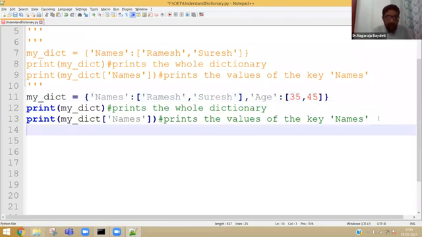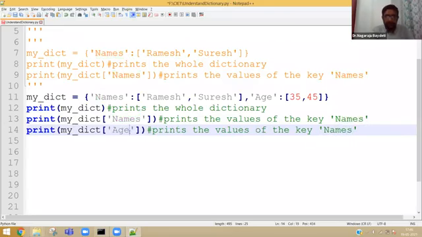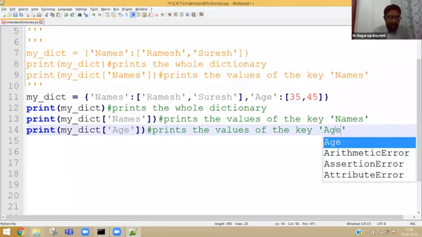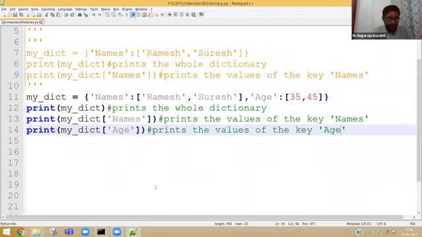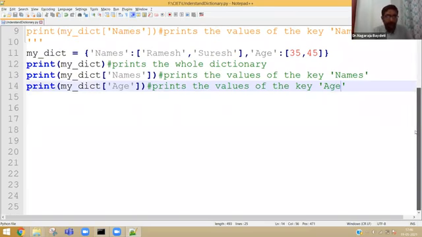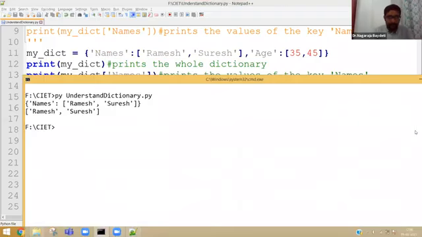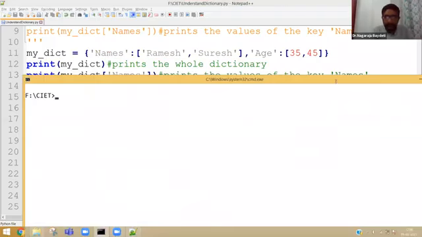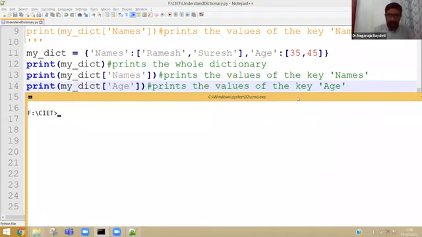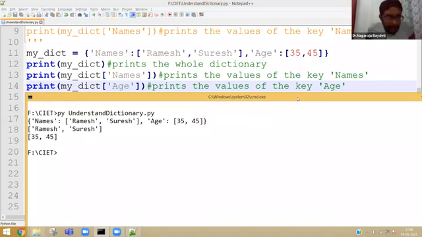For example, I want only the age. Then you can print in the same manner as we printed the names. Now, let us observe the output. You can clearly see that individual values of individual keys are also possible.